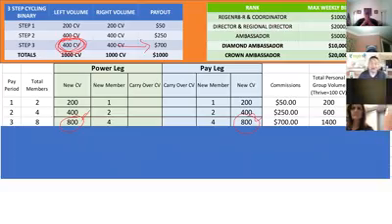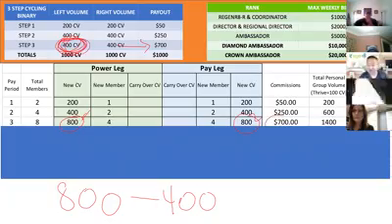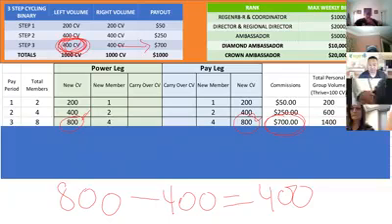Now here's where I've got to train you a little bit. The carry over. What's going to carry over and what's going to flush? So the power leg is going to carry over. Here's the math. We have 800 in CV on our power leg. We just subtracted 400 because we used that 400 to earn this paycheck, guys, right? So now we have a balance of 400. That balance is going to carry over right here into the following pay period.